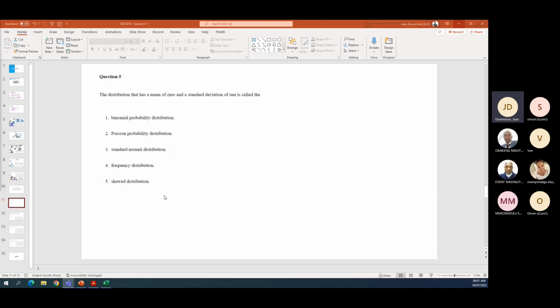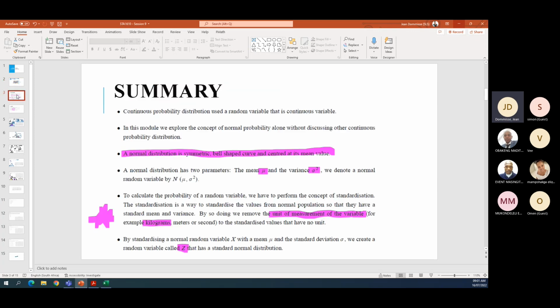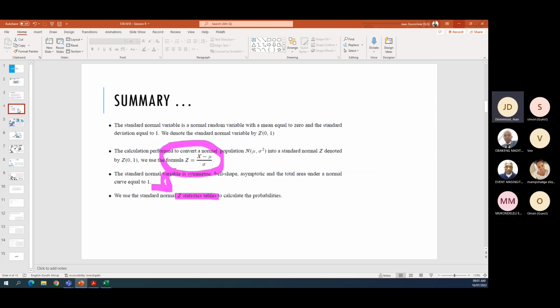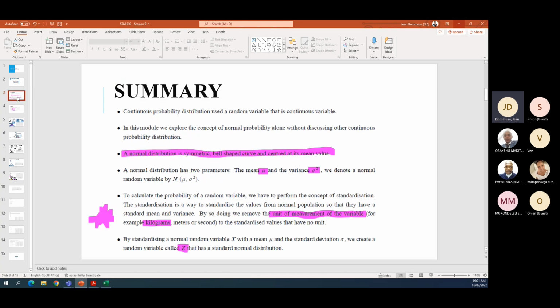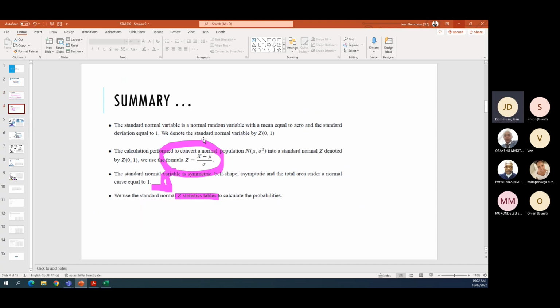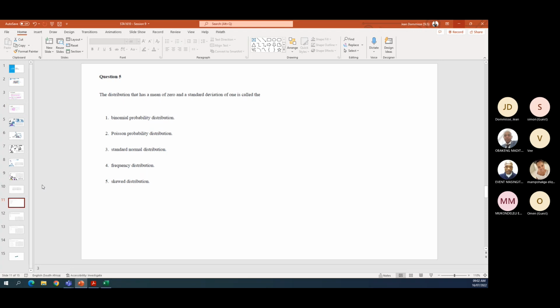Just remember again, important in this study unit is definitely the definition part. Again, it might be something that comes up in the exam and most likely in your assignments as well. And then the second important thing is how to calculate the Z and then use the Z tables to get to your probabilities. Okay, so let's just quickly look at a